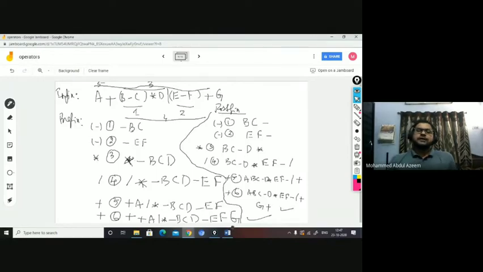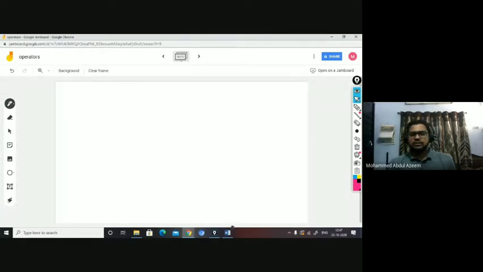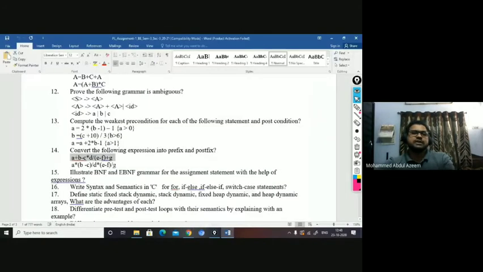Got it? This is how you convert manually, but the same you can get done with the help of a program, because the compiler programs have to take care of this. You must be writing programs in data structures to convert infix to prefix or postfix using stacks, so that the computer will take care of the conversion, and then the evaluation will take place next. So this is about the prefix postfix conversion, the question which I have discussed.